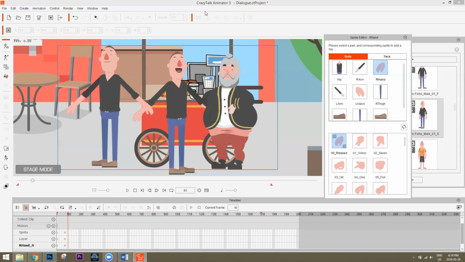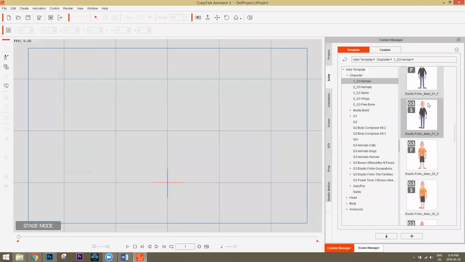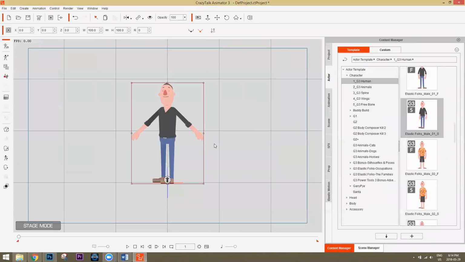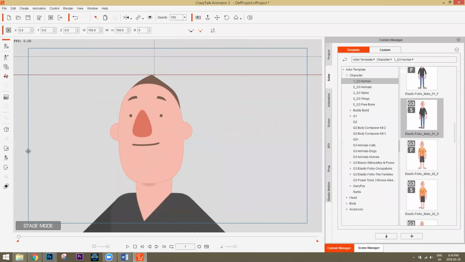I want to show you really quickly the facial puppet, and how it combines with the other tools. I'm just going to start a new project really quick. This is important, and I didn't really get to this like I should have. I'm just going to do a couple of facial expression changes on our character.